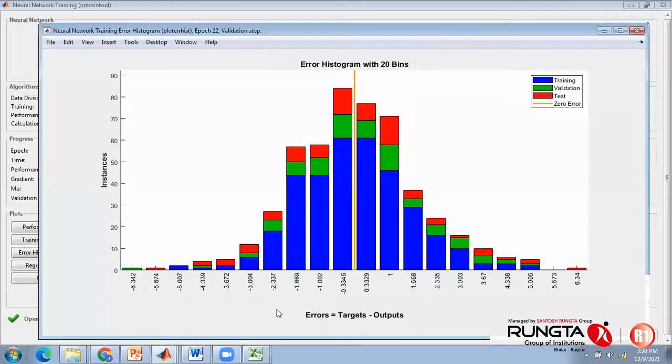Yes, sir. Sir, here one indicates the sigma value, no? Standard deviation. Yes. Which one? This one, 1.6? Yes, it is 1.6. Basically these are the errors, I mean the error values. Not the sigma value. No, it's not a sigma value. It's the error value. Okay. The error value is dispersed between 6.34 to minus 6.34.